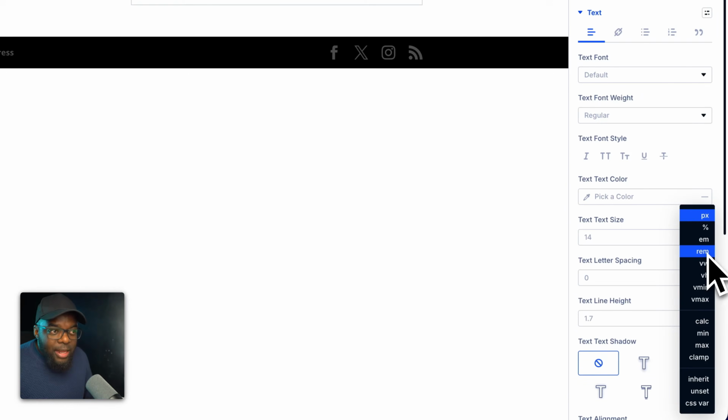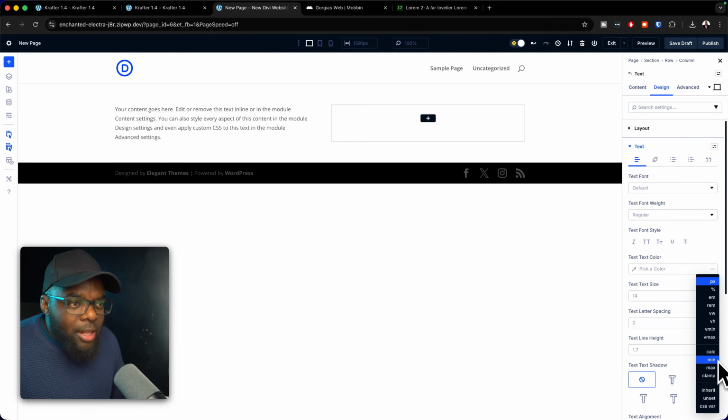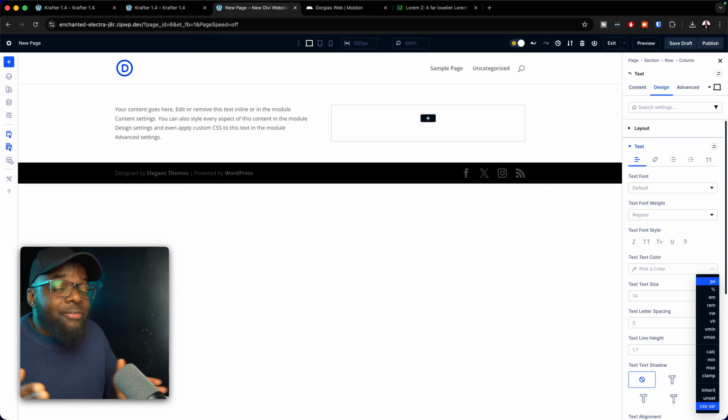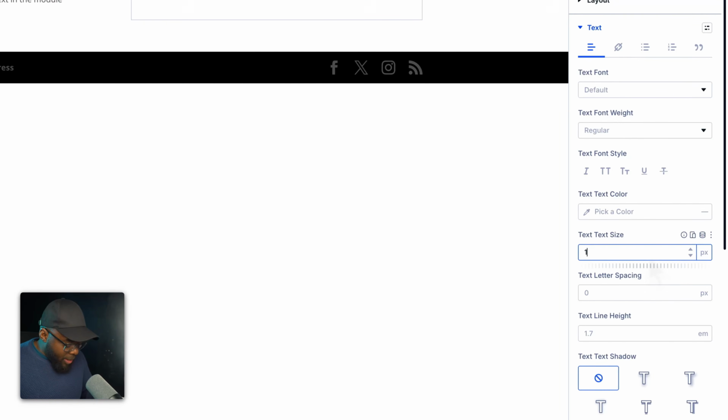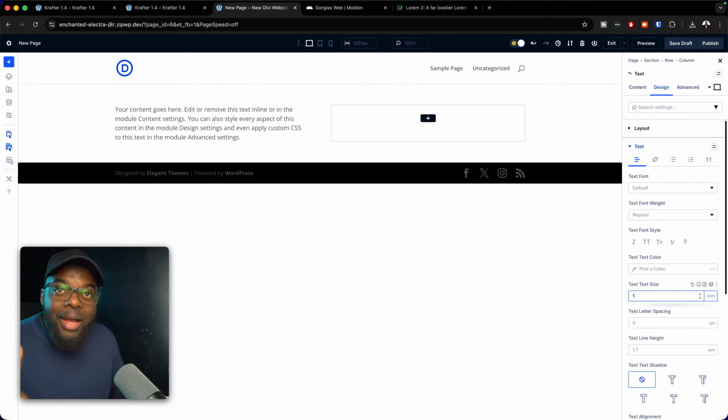So there it is. But there's also a list of all these calc, min, max, clamp, and so on and so forth. This is how Divi moved from Divi 4 into an advanced page builder in Divi 5, because now we have all these values, but these bring complexity because now you're not sure which one to use. And if you do decide to use rem, by the way, it's good, but it is not advisable. And I'll let you know in a moment